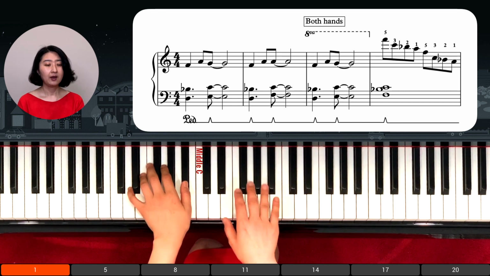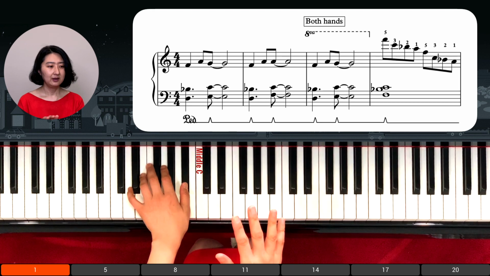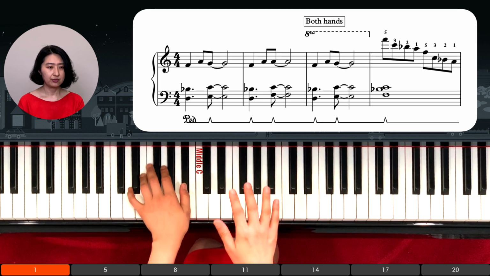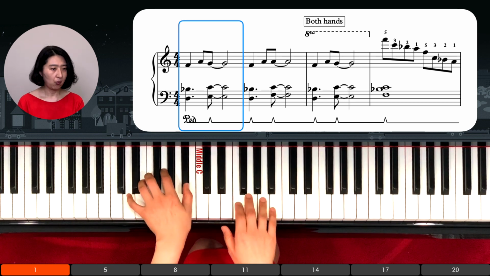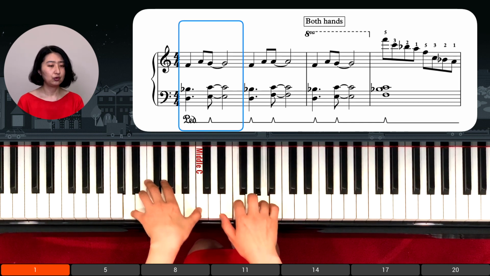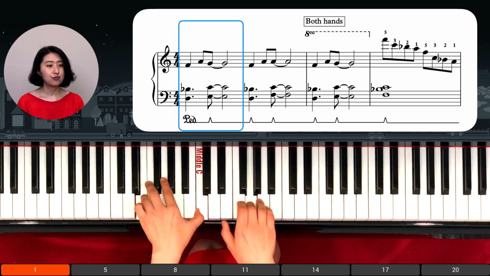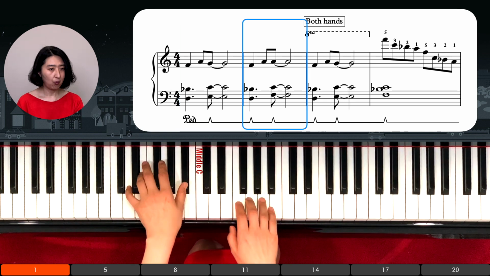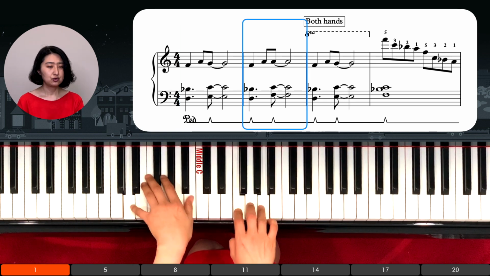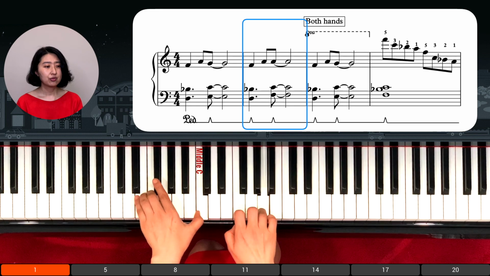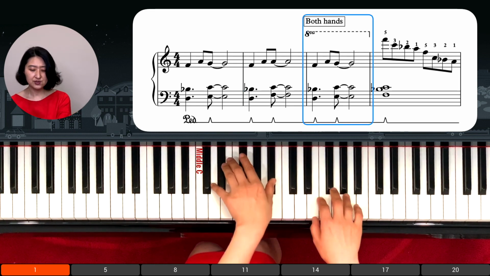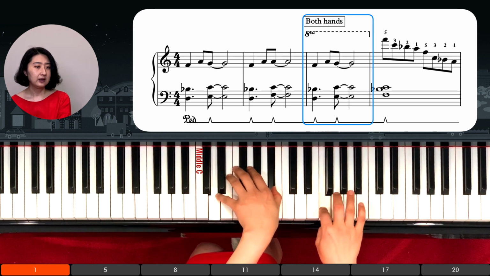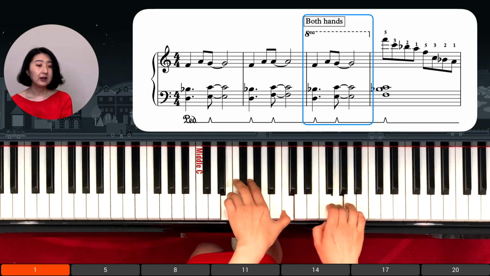Ready? 1 and 2 and 3 and 4 and 1 and 2 and 3 and 4 and 1 and 2 and 3 and 4 and both hands go up. 1 and 2 and 3